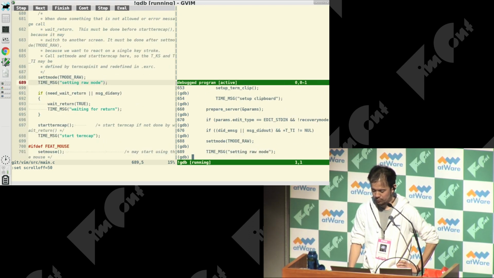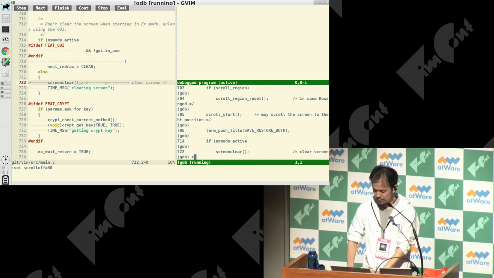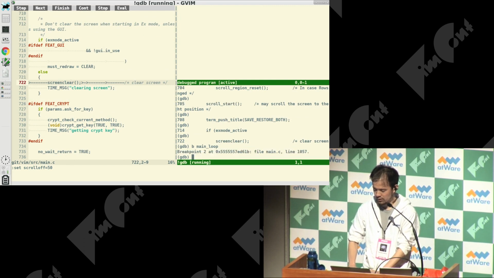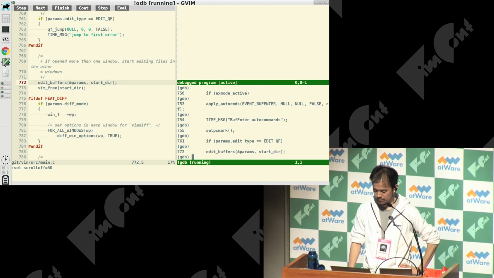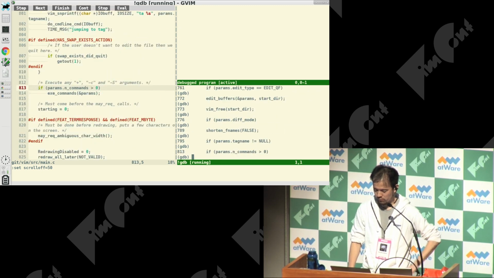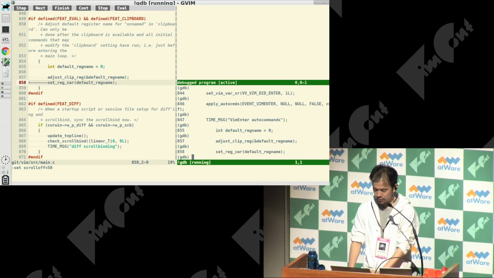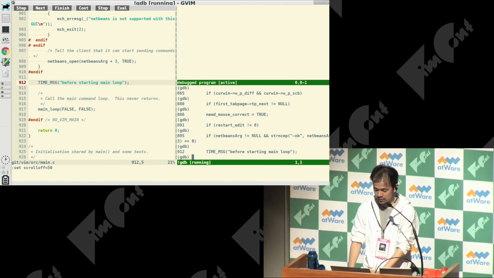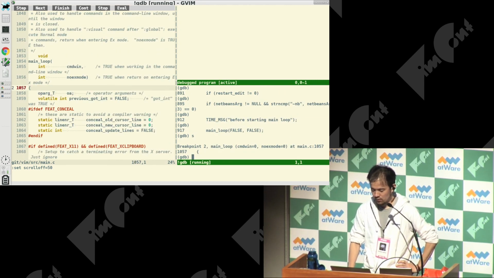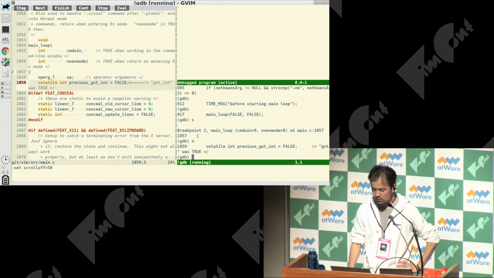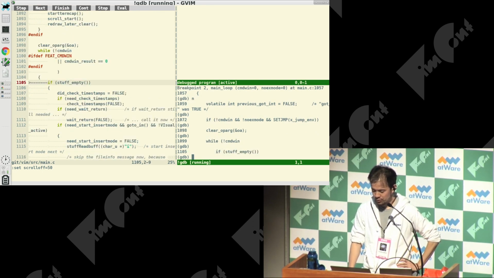Let's go to the main loop function. Just in case, let me put a breakpoint so that I don't miss it. Okay. The input method setup is done. Okay, main loop. This is a function with a giant while loop. This one, the while loop. Inside the while loop, this will